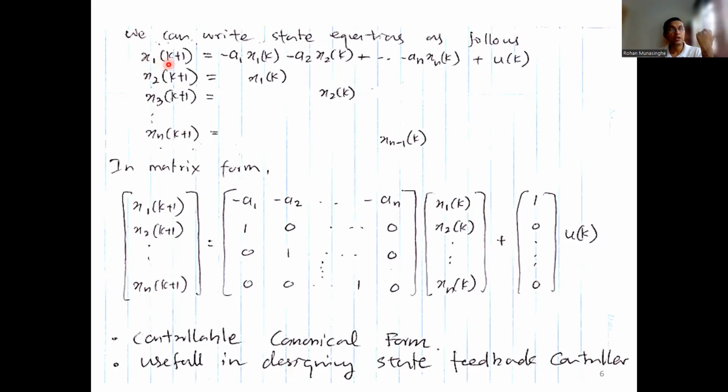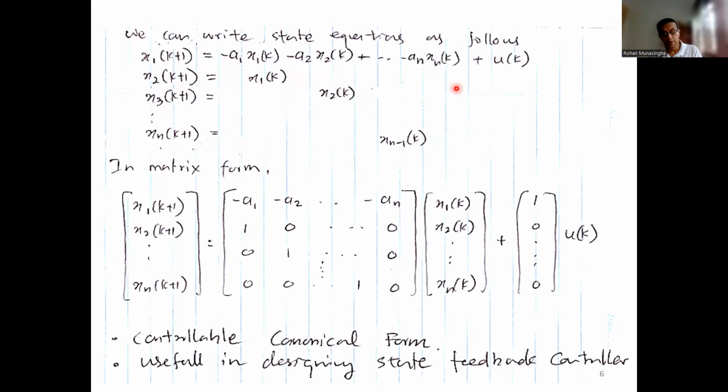How do you calculate x1 at k plus 1? x1 is very important. How do you calculate the first state variable at time k plus 1? It's not as simple as this one. This is how you have assigned the state variables, but this is how the system changes from k to k plus 1